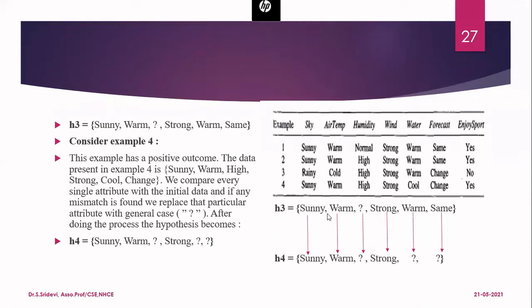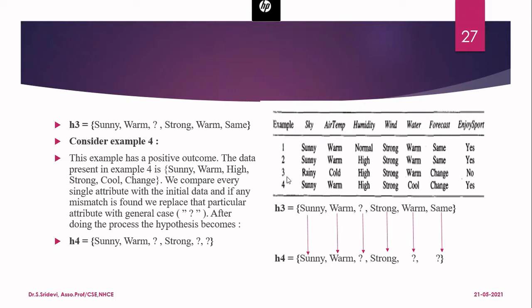And see the last feature. In the hypothesis, it has the value same. But now in the fourth record, you are telling that it can have the value change. So it is having different values now. So you can change it to a question mark. Whenever you encounter a value for an attribute which is not present in the hypothesis, you can make it general.